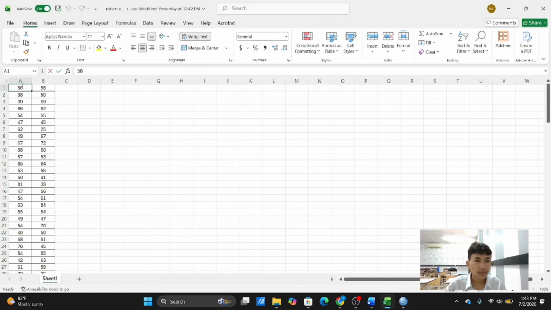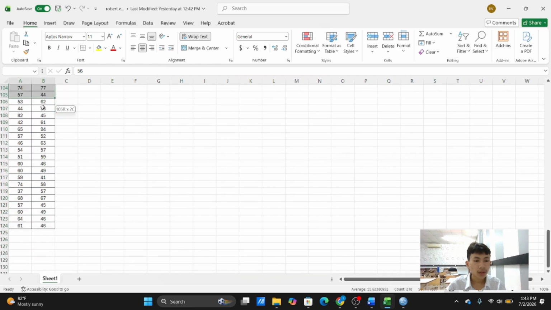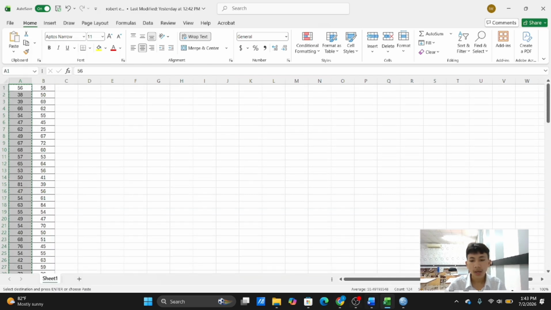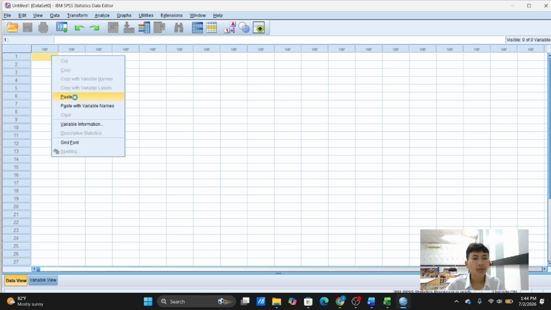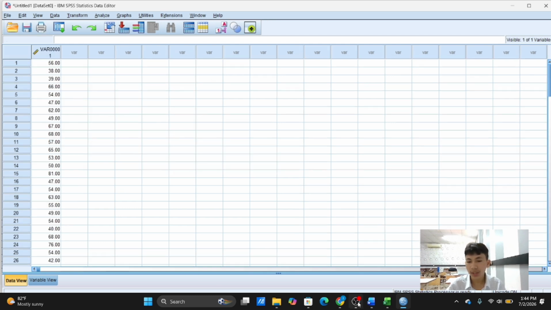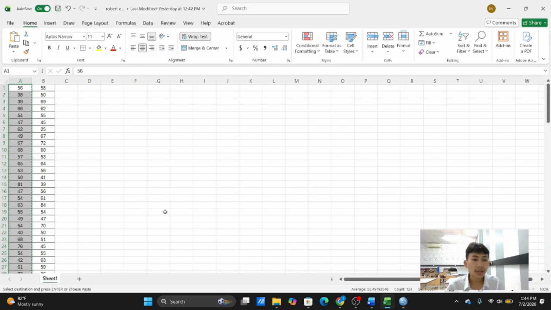We copy. Okay, copy, and we move to SPSS and input the data here. Okay, and we open Excel again to copy the second data, that is writing achievement.